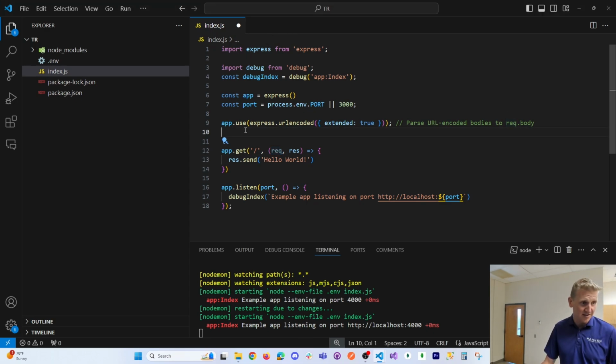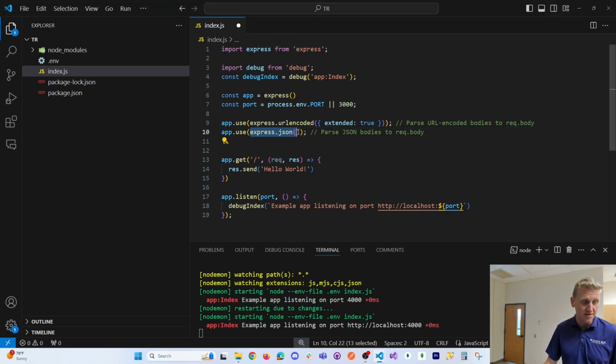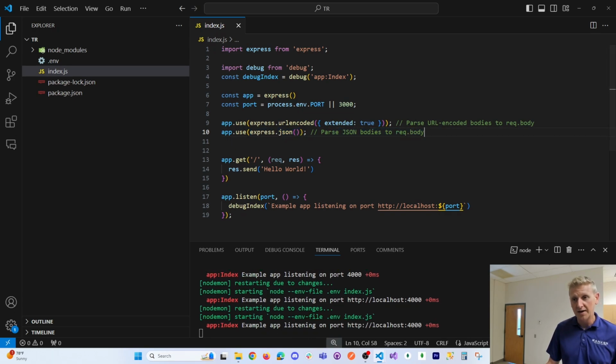This line allows us to send JSON and store it into the req.body. So this allows us to send data in general, and this says, hey, let's make sure that we accept JSON from our front end. And then this line